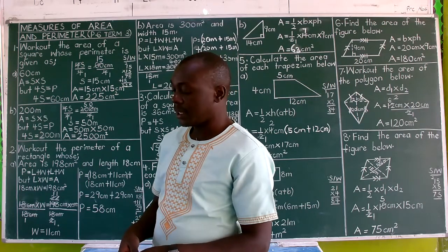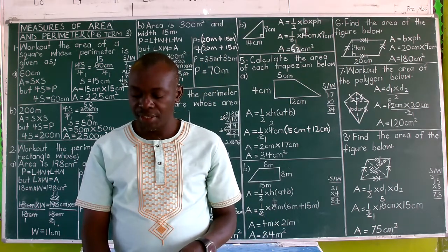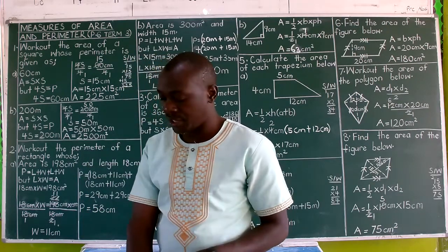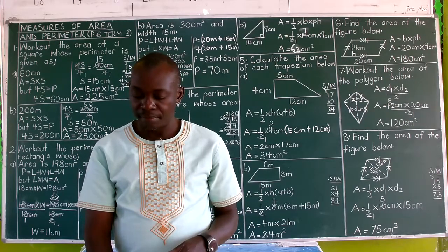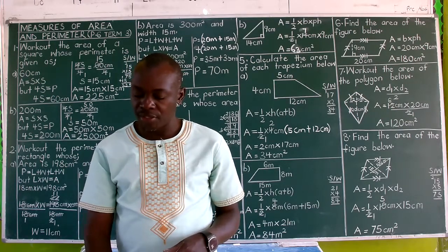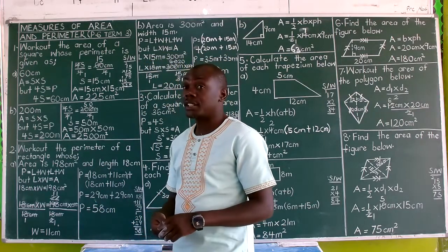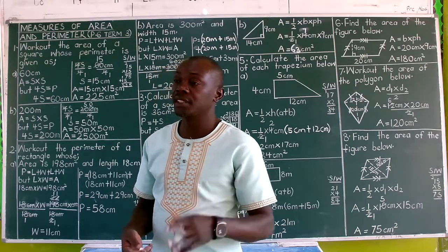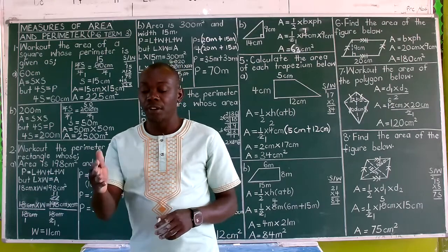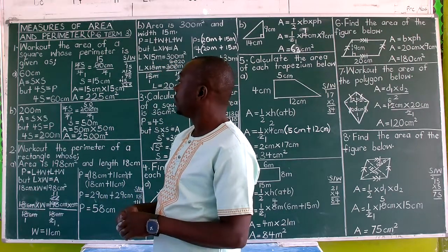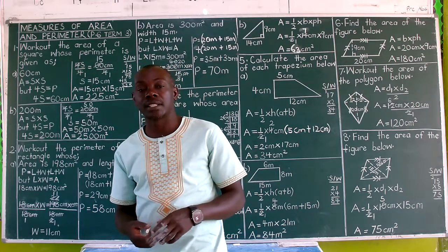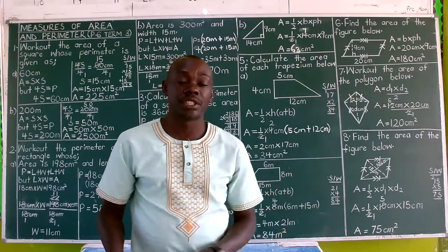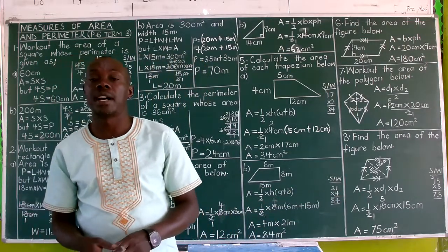And now we are looking at P6, about measures of area and perimeter. In the previous lesson we looked at length, mass and capacity. Specifically we chose length, which is the one we are still following, which is metric units. So we talk about meters, centimeters, kilometers, hectometers, to mention but a few. They all end with the word meter, so the units we shall use are metric ones.